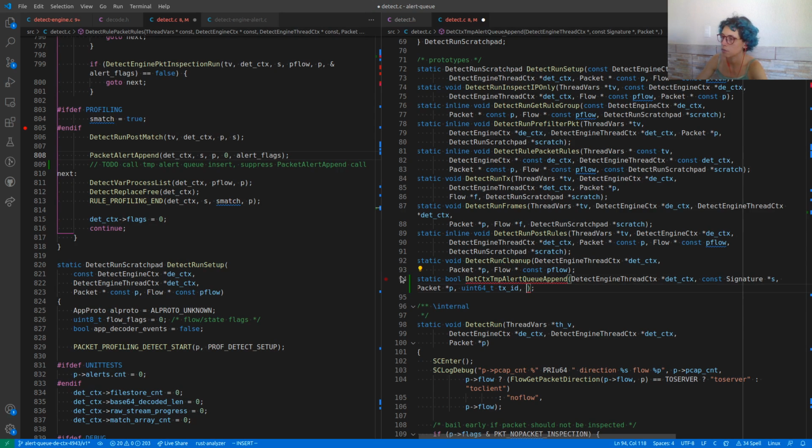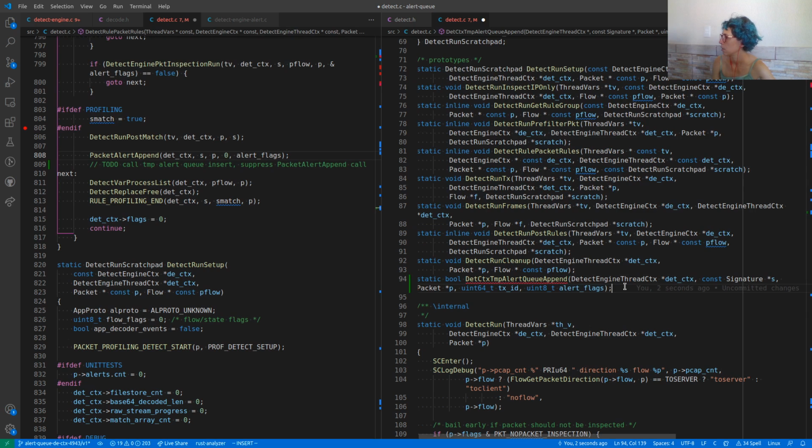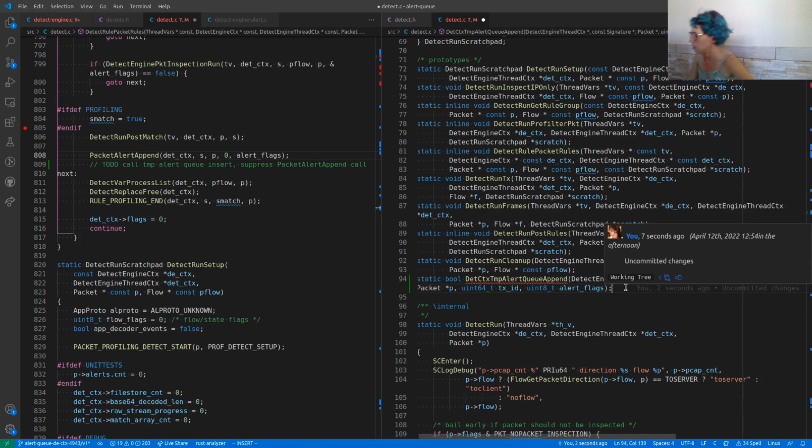Alert flags, which is an unsigned 8, right? Flags, alert flags. So, yeah, I think this is what we would need.